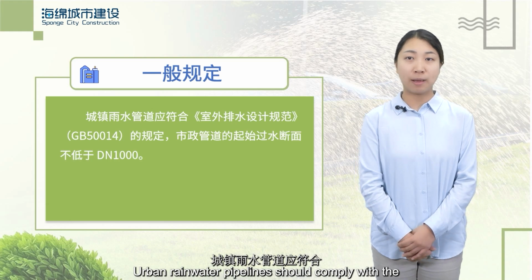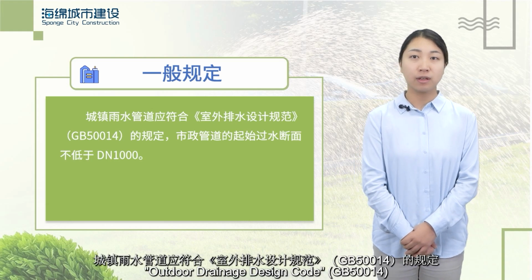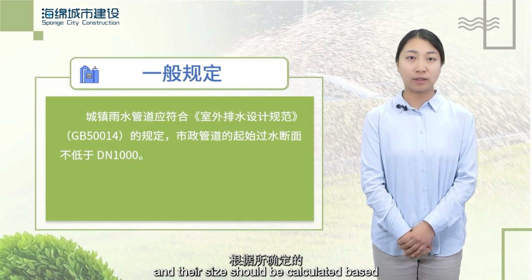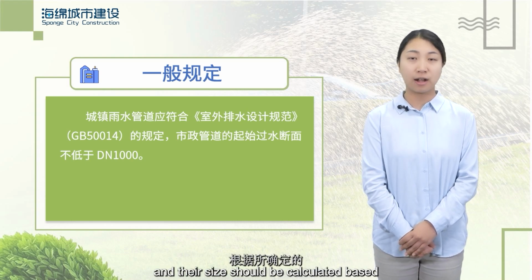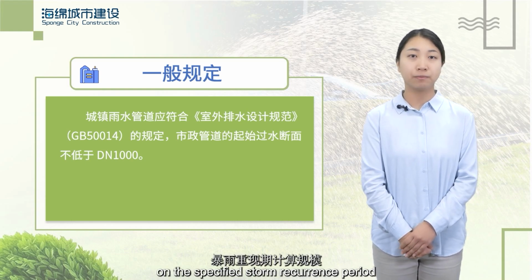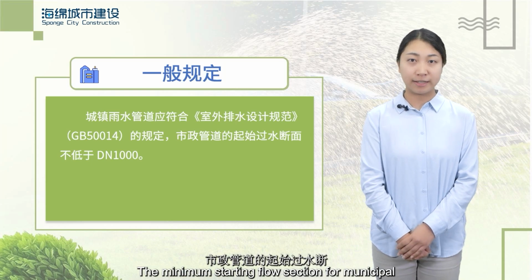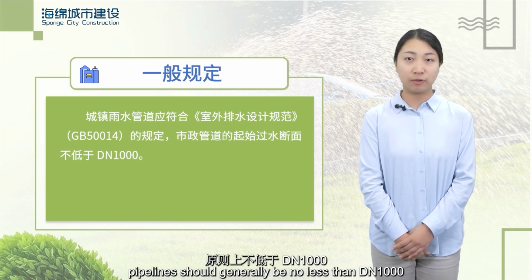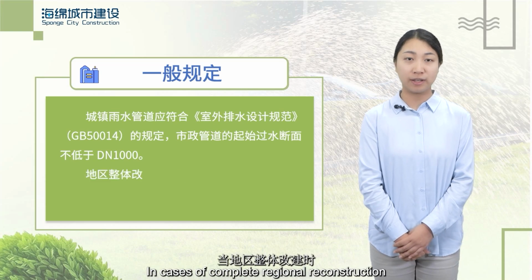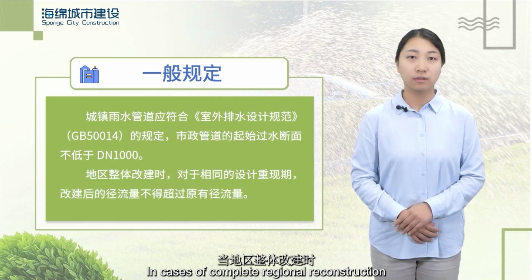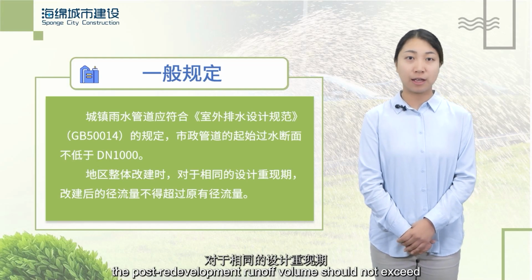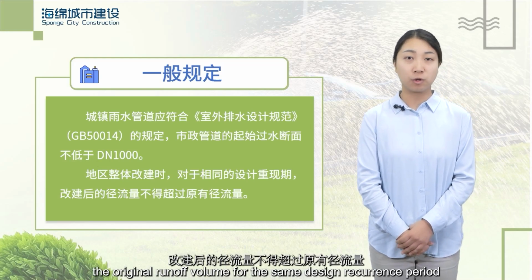Urban rainwater pipelines should comply with the Outdoor Drainage Design Code GB 50014, and their size should be calculated based on the specified storm recurrence period. The minimum starting flow section for municipal pipelines should generally be no less than N1000. In cases of complete regional reconstruction, the post-redevelopment runoff volume should not exceed the original runoff volume for the same